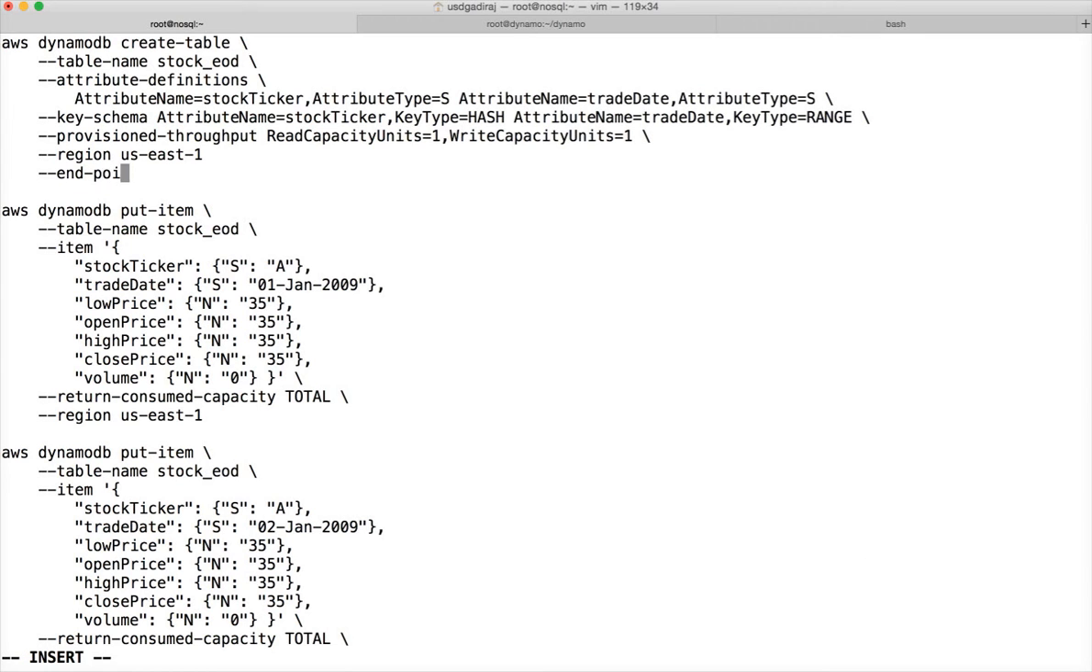I think it's endpoint, and you have to say http://dynamo.itversity.com. Because I have updated the etc host file, you can give the alias like this. Otherwise you have to give the IP address